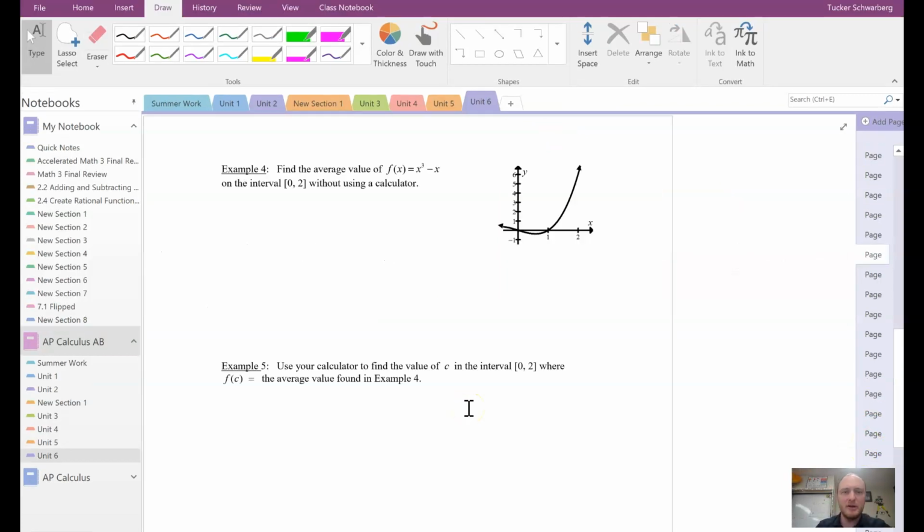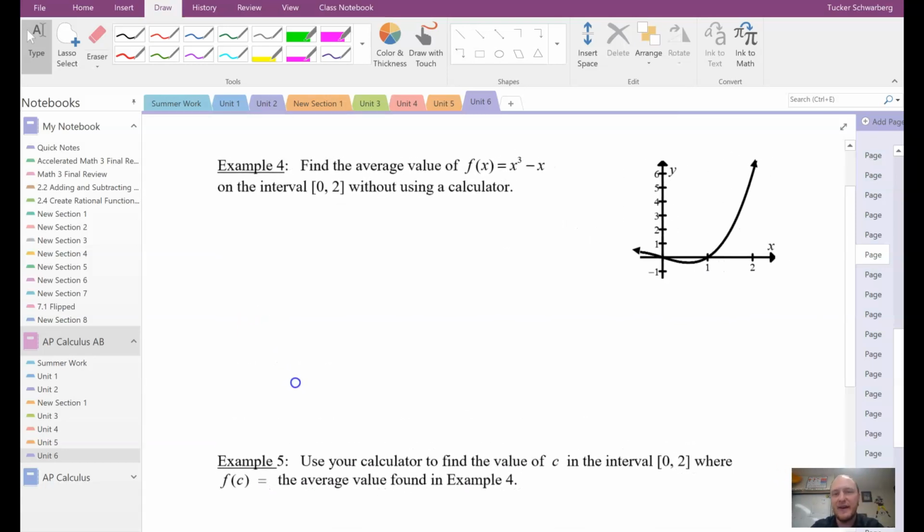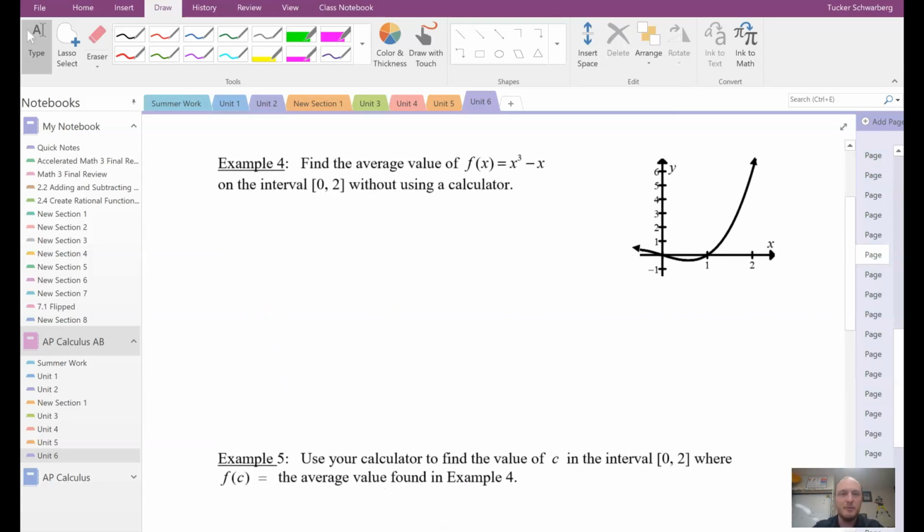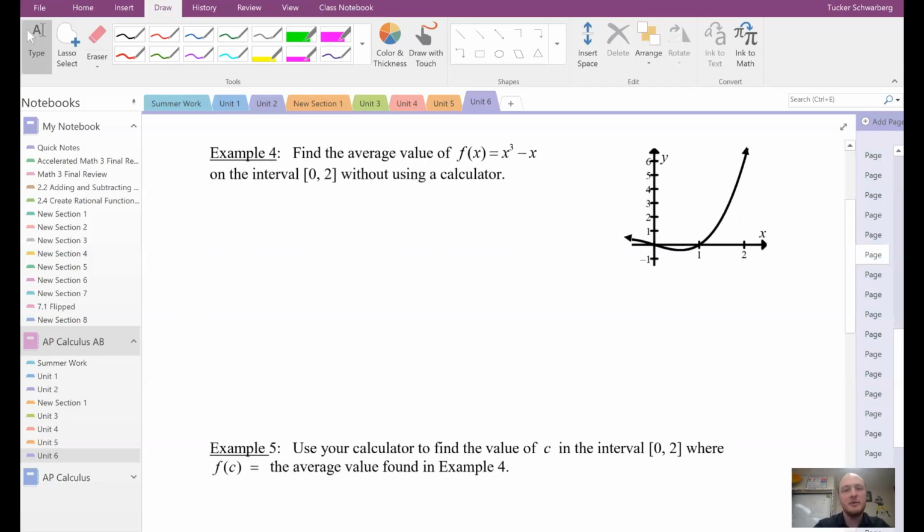Okay, so here is example 4, and they say find the average value of f of x equals x cubed minus x on the interval 0 to 2 without using a calculator. Okay, so again, if I want to calculate the average value of a function, I'm going to use that formula, and this is just something that you're going to have to memorize. Again, it's the closed interval from 0 to 2, right? So here from 0 to 2. And that is f of x dx